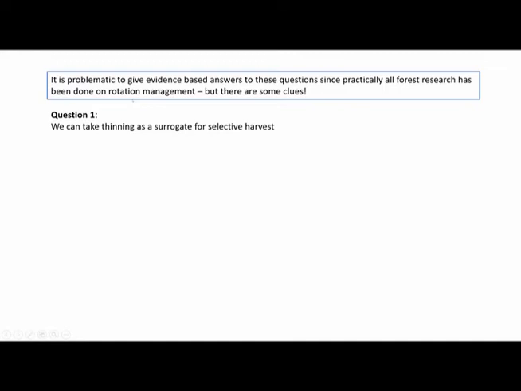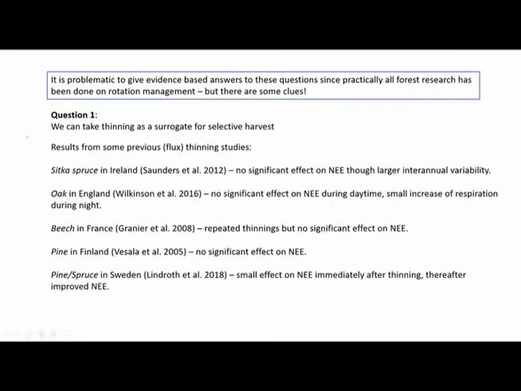For question one, we can take thinning as a surrogate for selective harvest. It's not the same, I know that, but that's actually the only thing that we can do. But we will learn something from that. And if we look at what has been done with this type of method where fluxes are measured directly, immediately after a thinning,